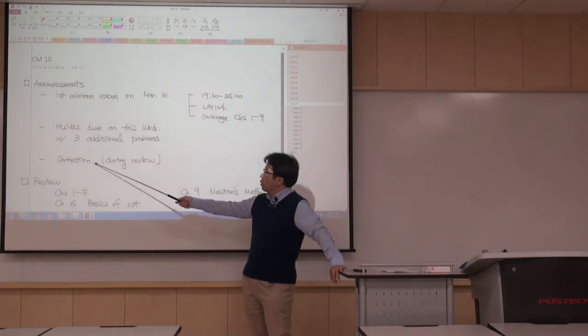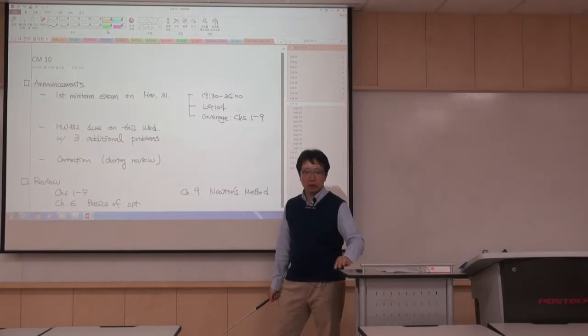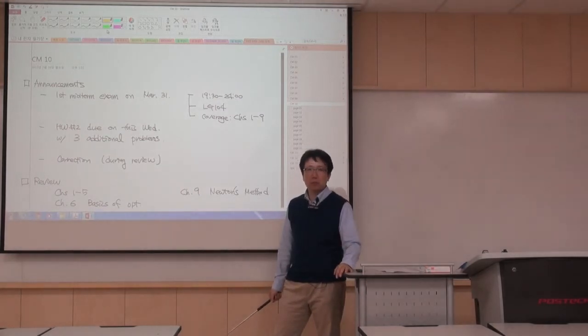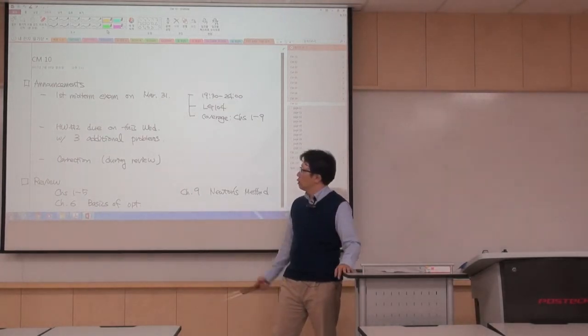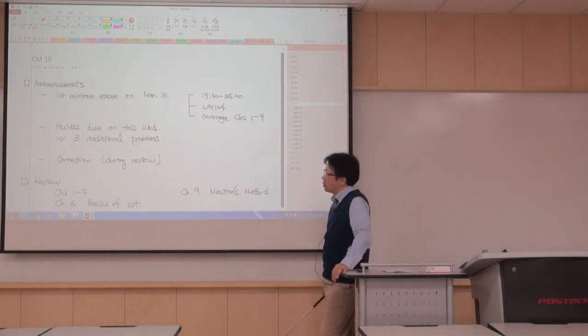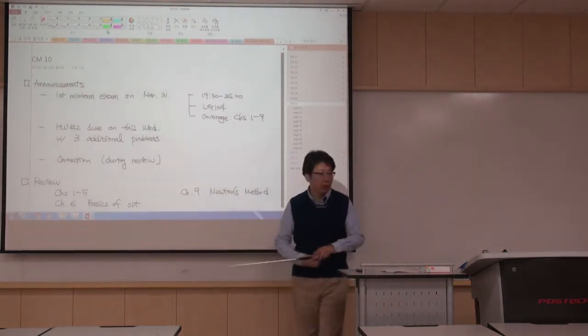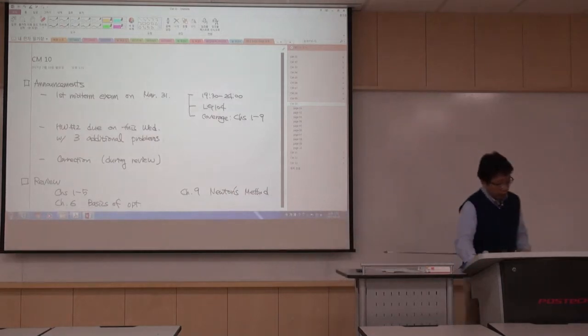I need to make a correction. It's not a major one, but when I drew a Venn diagram to give you a big picture of chapter 8, it could be said to be an error, or it could be not an error. But anyway, I will make a correction. Okay. Before we review what we learned last time,